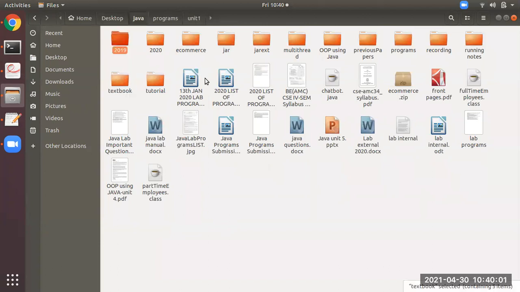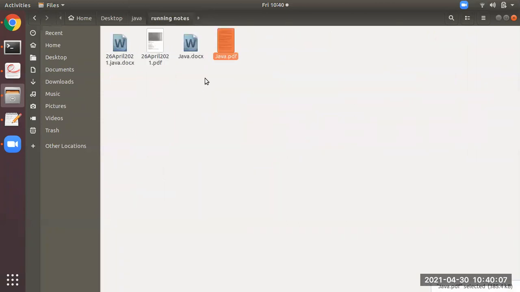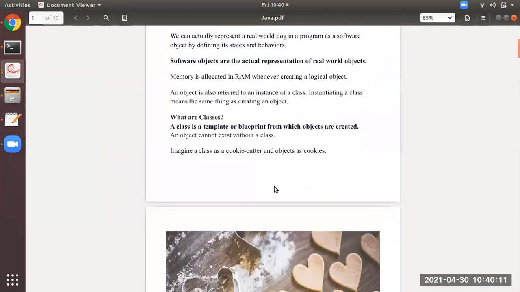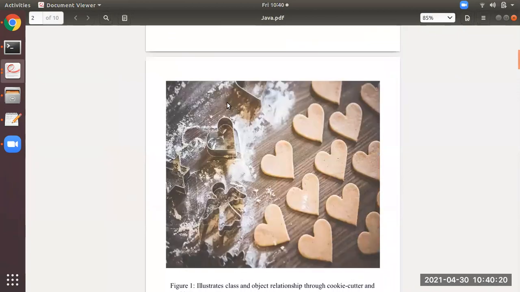You see what classes are? A class is a template or a blueprint from which objects are created. Like you can see, this is a cookie cutter, which is a class. It is like a template. And all these are the shapes developed by using the cookie cutter, so these are nothing but the objects.